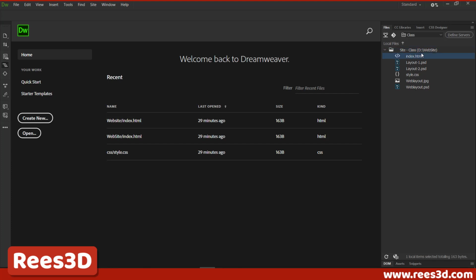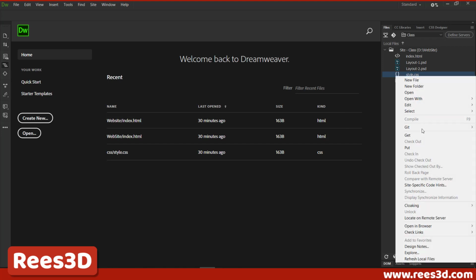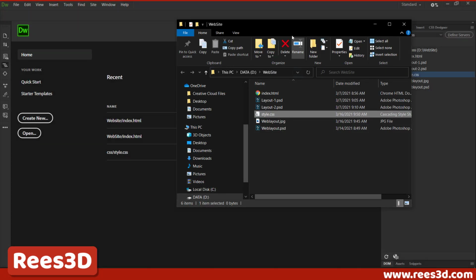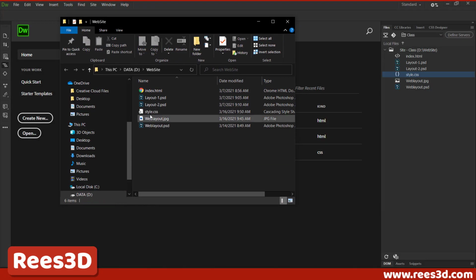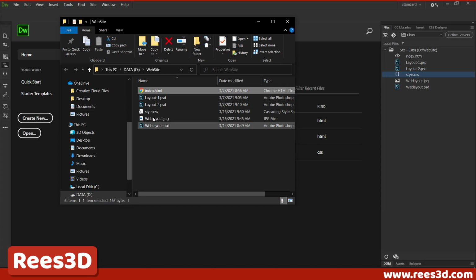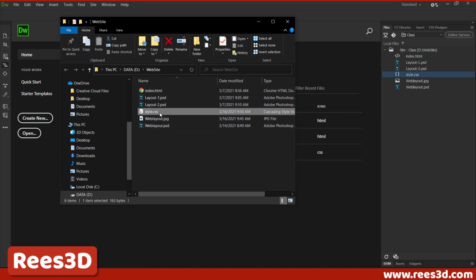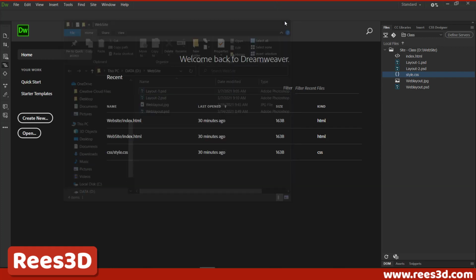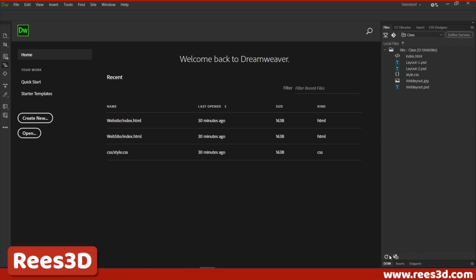So I have an index.html file, I have a style.css, which I can actually remove and I'll create it again. So what I'm going to do is go to this folder location by exploring that folder here. I don't want to have this index.html and the CSS. I'm going to delete them because we're going to create them now. Okay. So now if I just refresh here, it will show there's just the layout Photoshop file and the layout